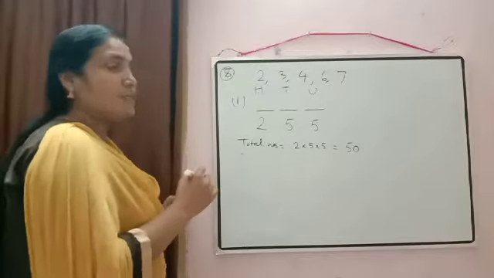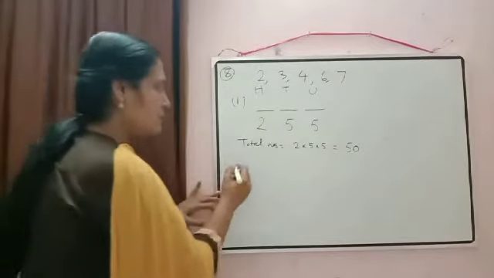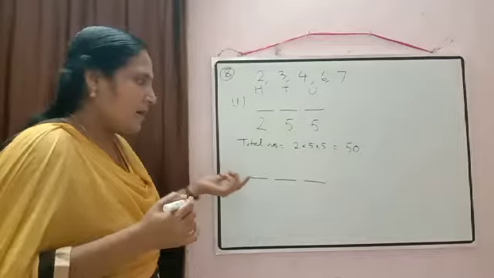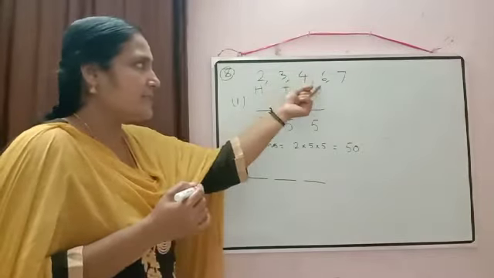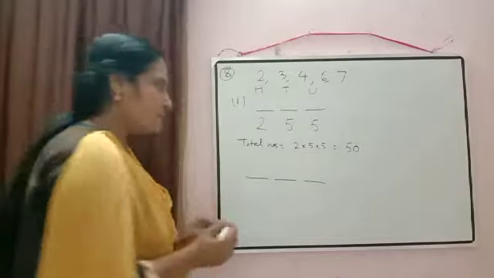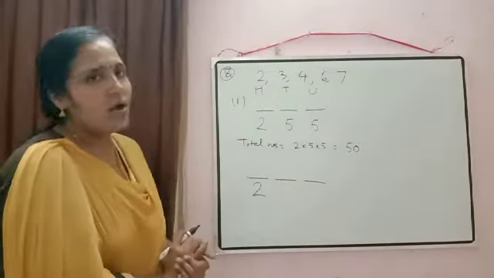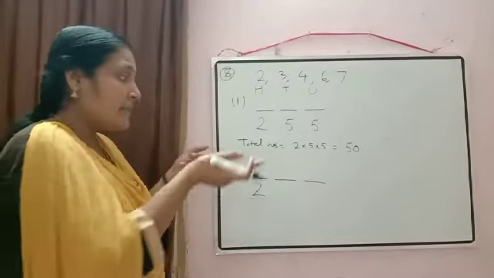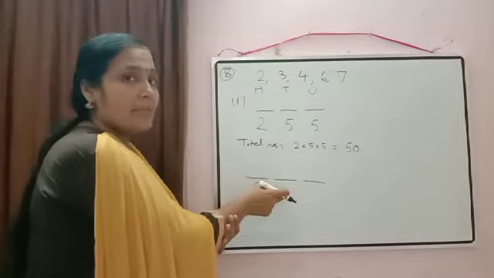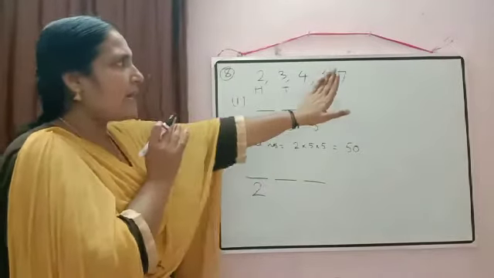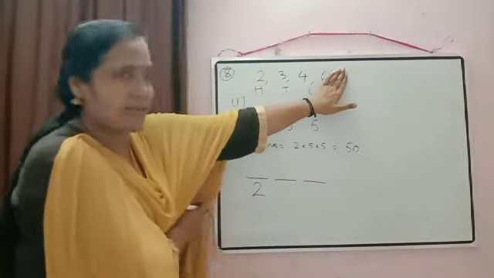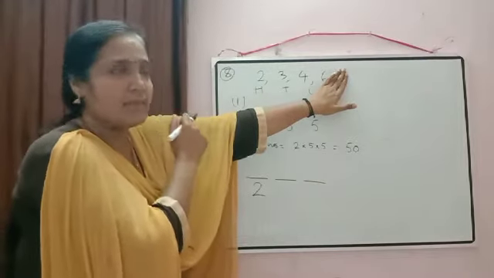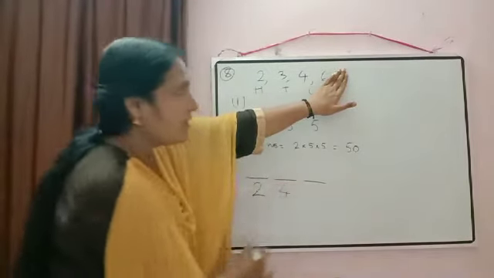Now we will check the case when repetition is not allowed. So second case is repetition not allowed. Again, the number should be greater than 600. So either 6 can come here or 7 can come here. So the hundreds place can be filled in 2 ways only. No other numbers can come. Now since repetition is not allowed, the number which we filled here cannot come here. Suppose I filled the number 7 in the hundreds place. What are the options available with us now? 4 options are available. So this place can be filled in 4 ways.